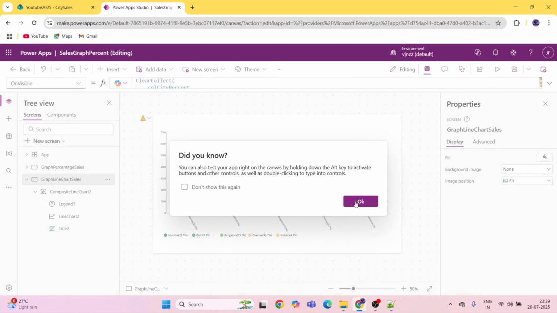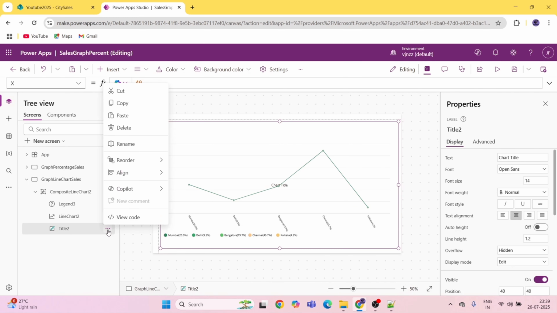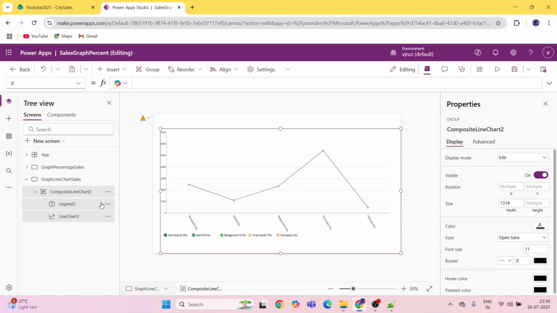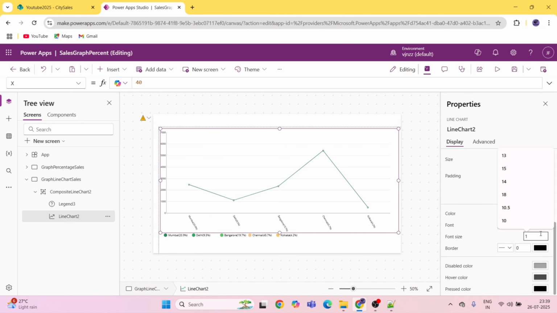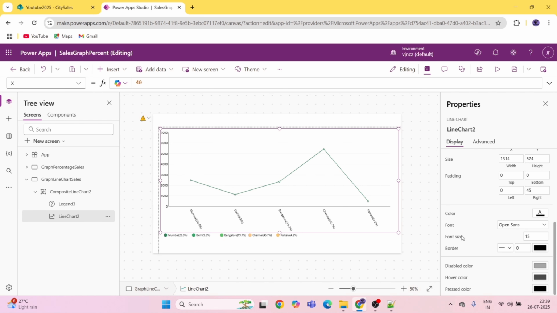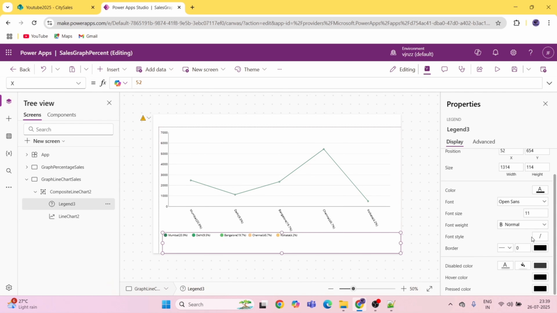You can resize the font and all. I will delete this. This will be 15. This will be 20. And now I will save it. And now the last one that we have is